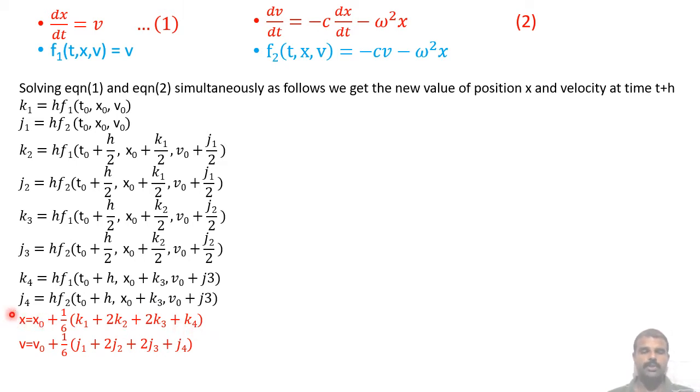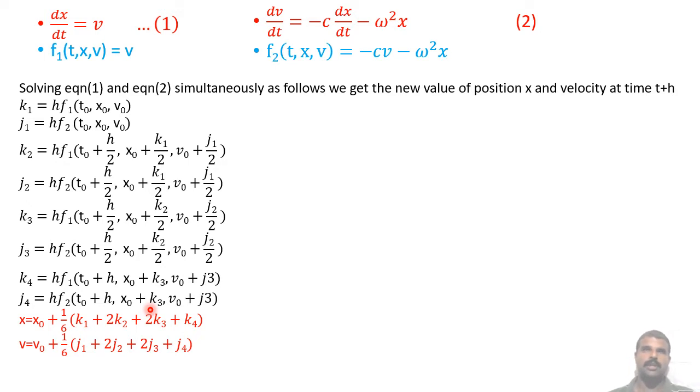So every time, iteratively, you are going to find the new position. The new position is equal to the old position plus this quantity. In the next iteration, this new position is considered as the initial point.